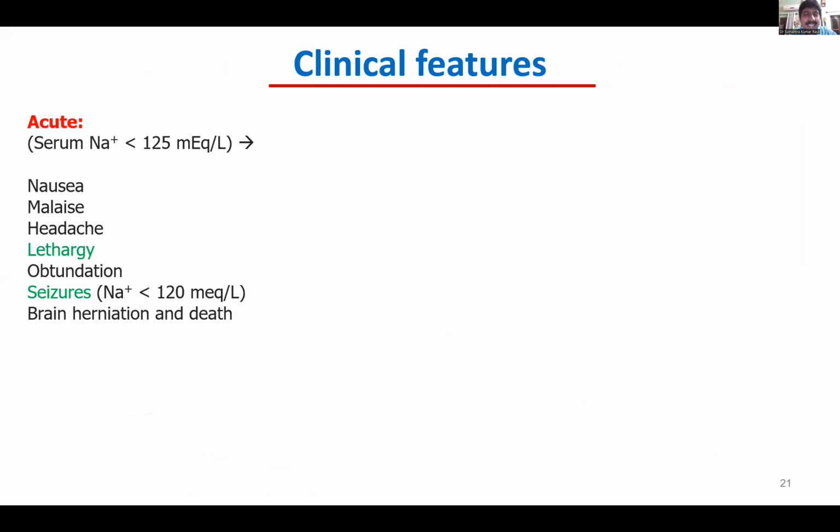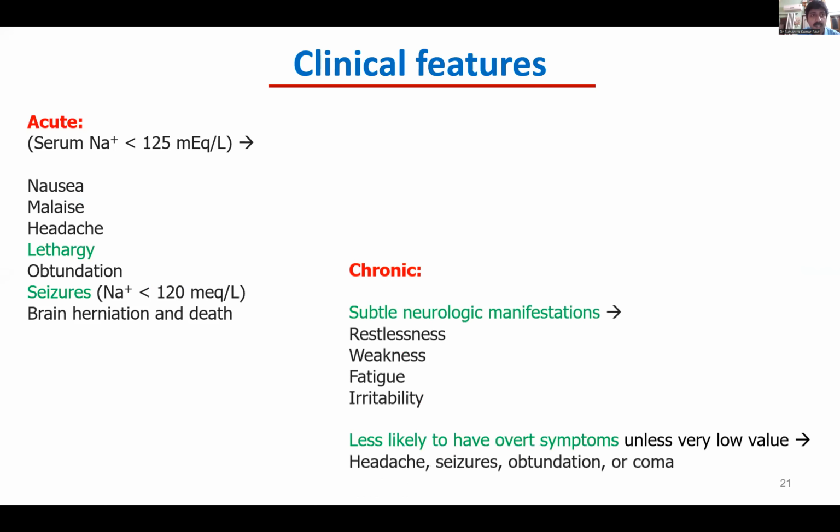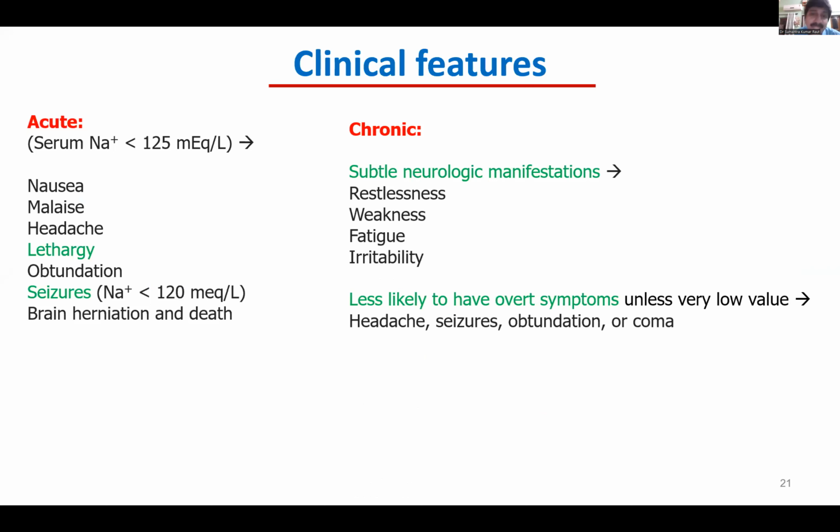So coming to the clinical features of hyponatremia, either it can be acute, less than 48 hours. So the symptoms are more specific, that is lethargy, obtundation, and in severe cases can have seizure also. And for the chronic one, the symptoms are much more subtle, and there are plenty of chances that we can miss